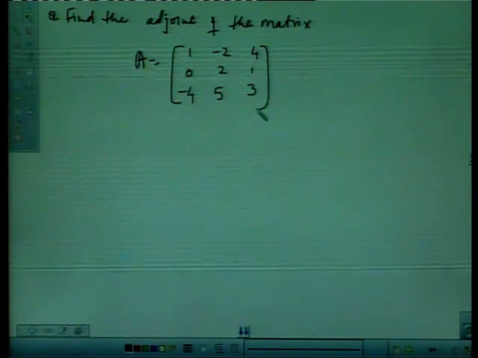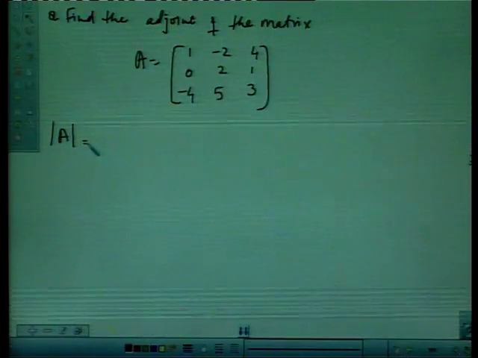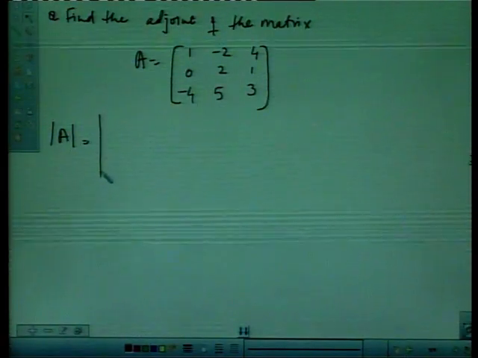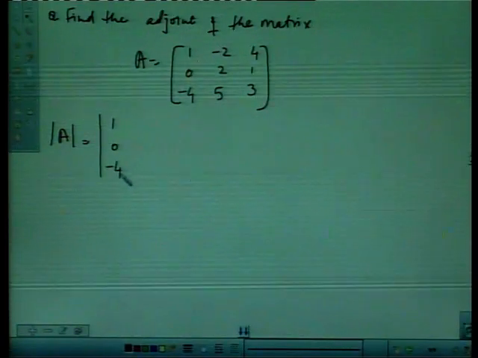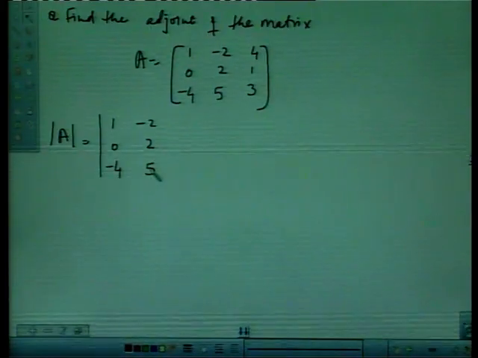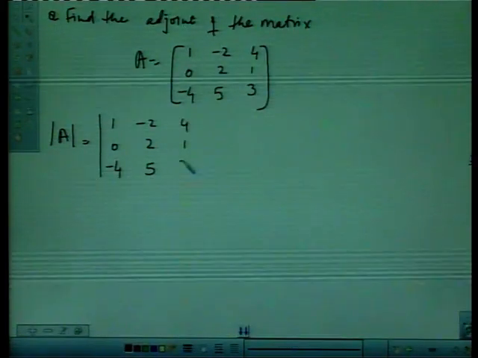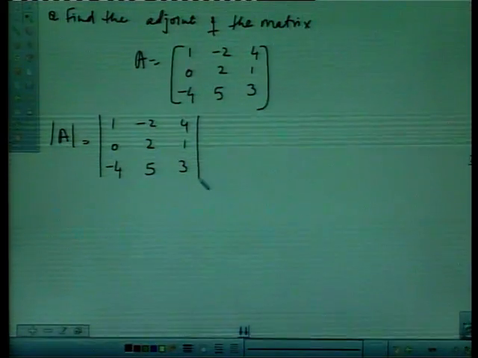Now we can write in determinant form: 1, 0, -4, -2, 2, 5, 4, 1, 3, because cofactors we